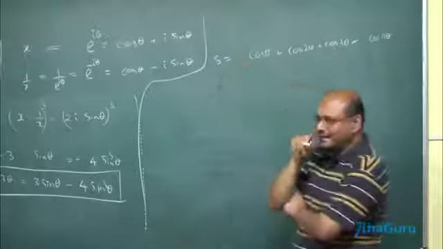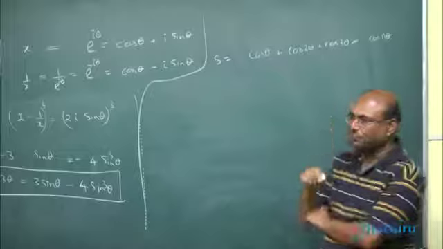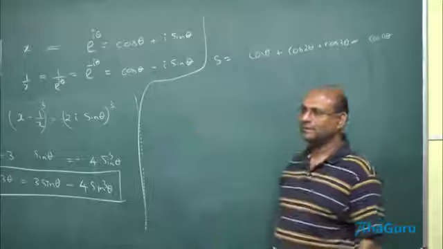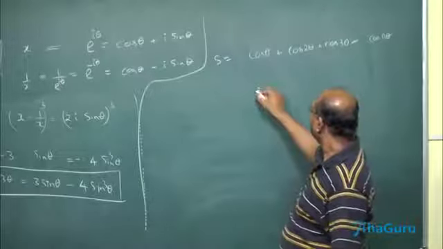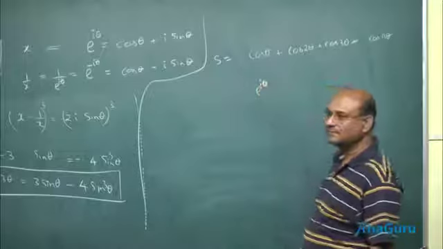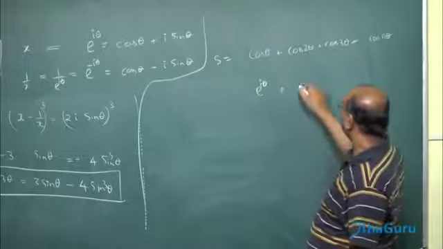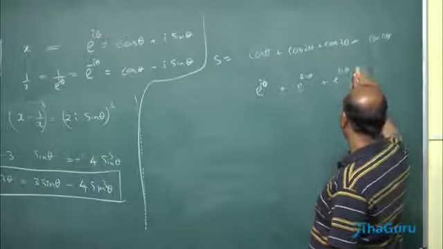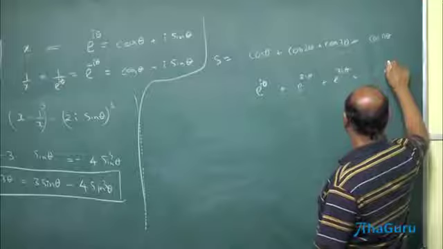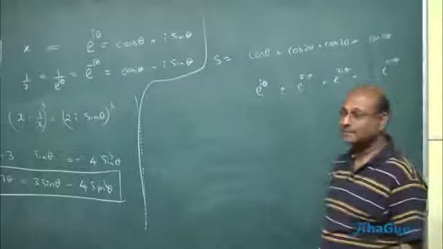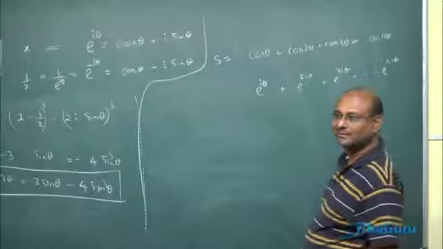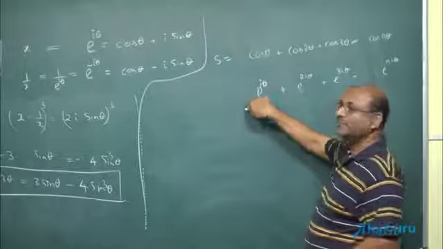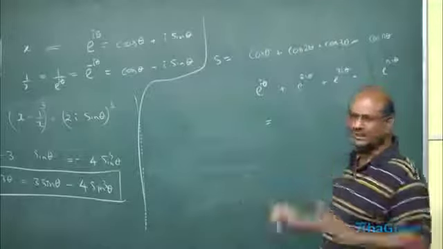If I forgot the trick that I should multiply by sine of theta by 2, I look at this and say, wait, this is actually the real part of e power i theta. So let me try to solve this problem instead. e power i theta plus e power 2i theta plus e power 3i theta up to e power n i theta. This is a GP. But this is not the answer to that, right? The real part of this fellow is that. Real parts will remain real parts, so no big problem.